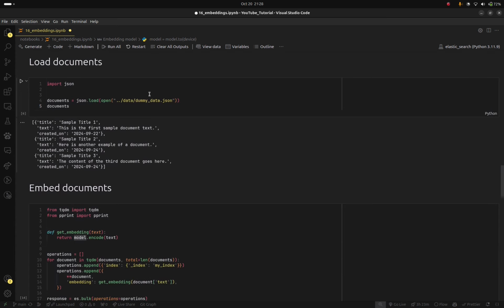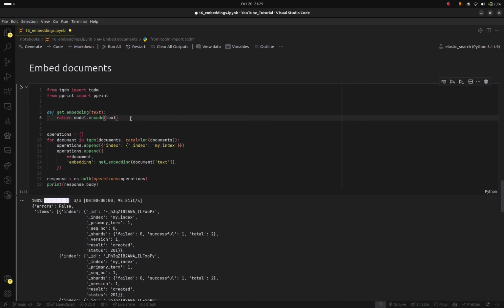And now we are loading the documents. So we are going to use this dummy data just to show you how this works, but in a later video we'll do a real example. The Sentence Transformers library makes it very easy to use any model from Hugging Face to convert or to embed the text. You just use the encode method and you provide it with the string and it will return you